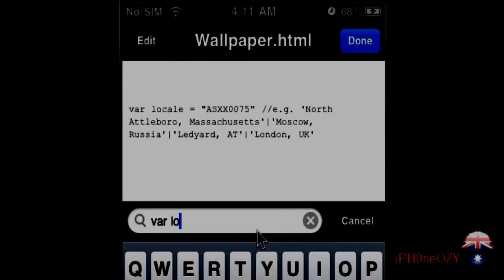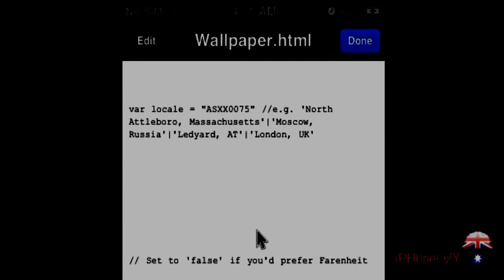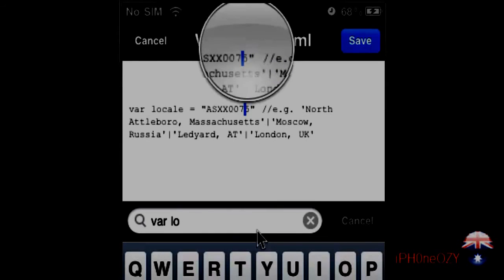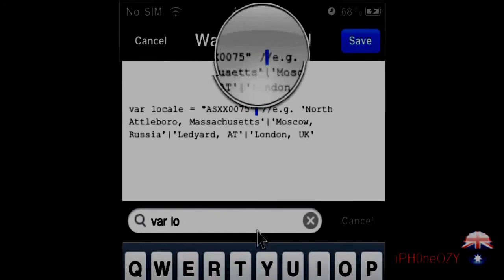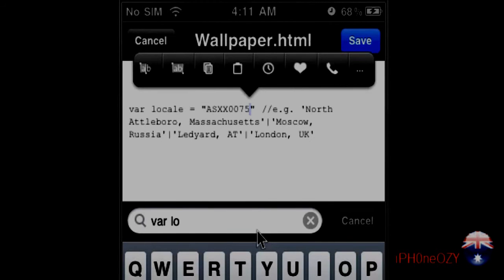Now if you do need to change it, you simply click the button on the left where it says edit, and we put our finger on the screen and we hold the magnifier right up at the top there, just after the 5, right there, like that. And in this case we would backspace,